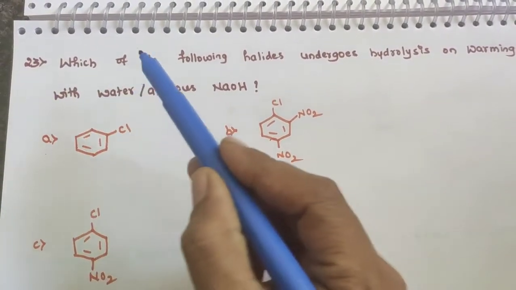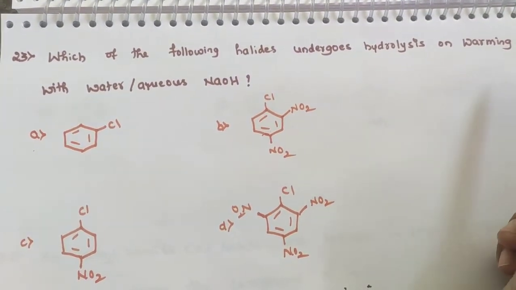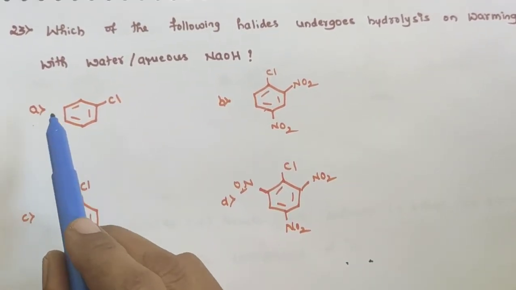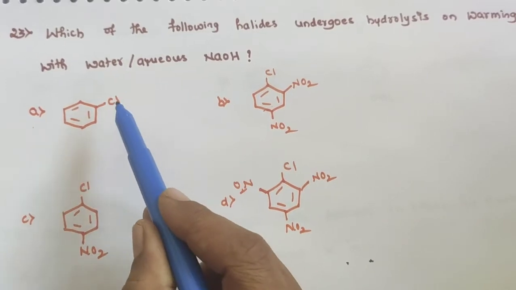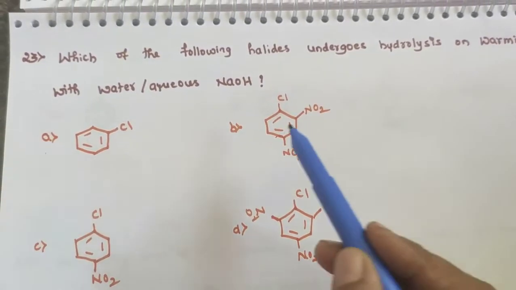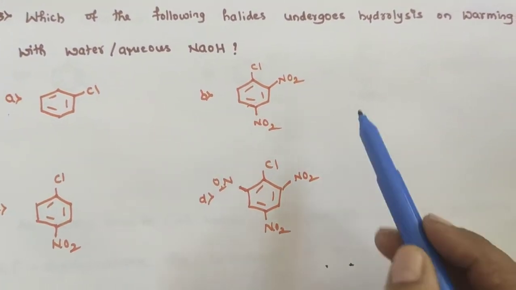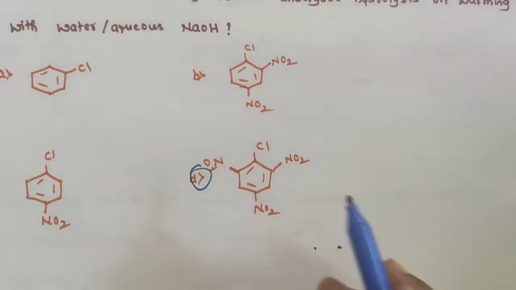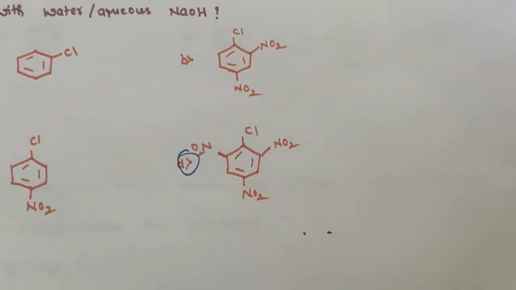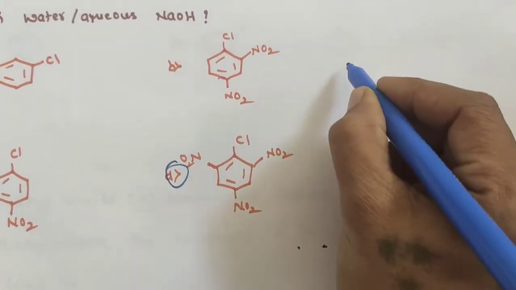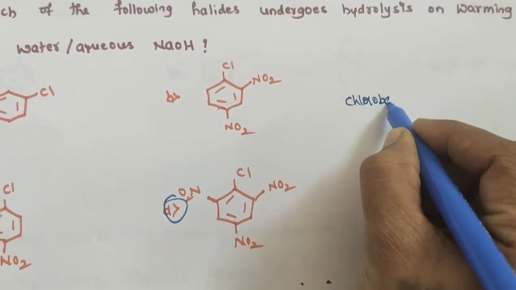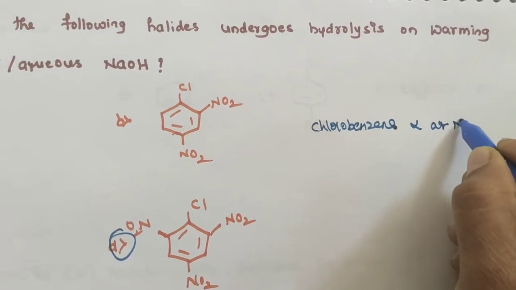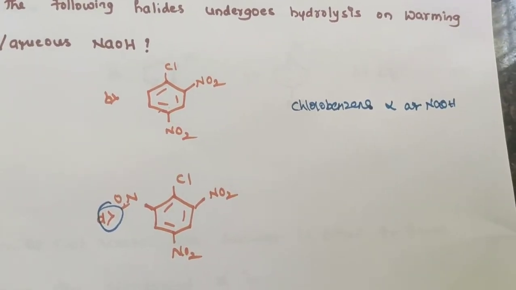The next question: which of the following halides undergoes hydrolysis on warming with water or aqueous NaOH? Here the options are given. A is chlorobenzene, in which only one halogen is substituted, and then B, C, D. The correct answer is D. Why is it so? Chlorobenzene does not react with aqueous NaOH at room temperature, but